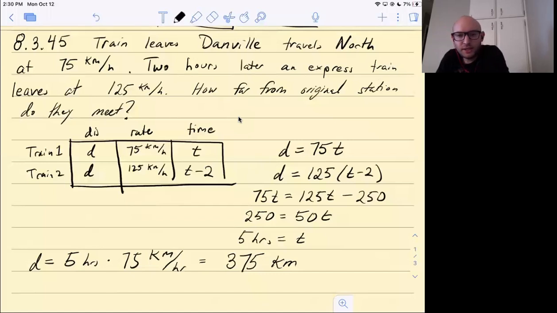Can anyone come up with a slightly different explanation of this without necessarily having to solve equations, just by looking at it? A lot of times these problems have nice little shortcuts, especially if the numbers are nice, that you can use to solve without doing any equations. You don't need to know how to do it that way, but it's nice to see another approach. Anyone have any ideas? I kind of mentioned the idea a few classes ago.